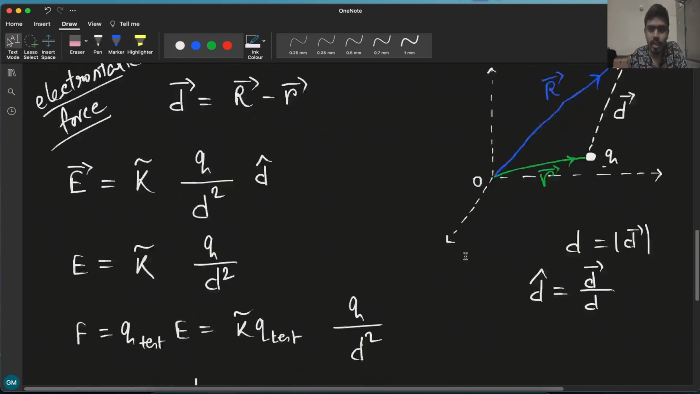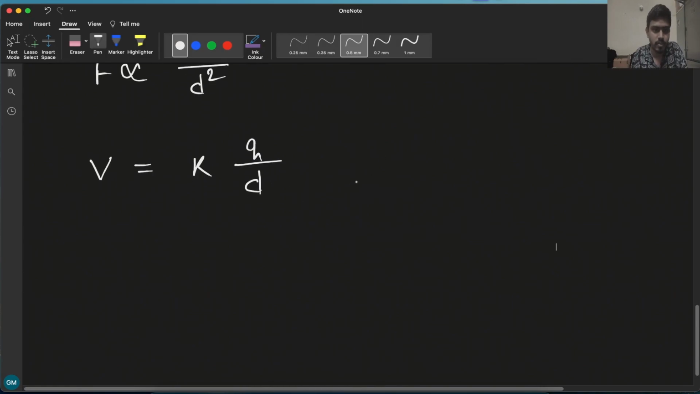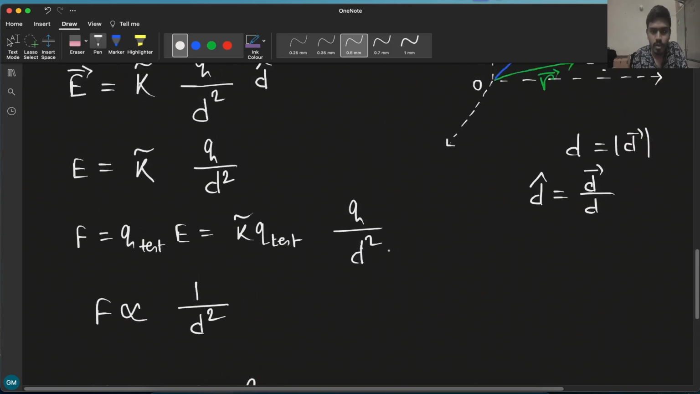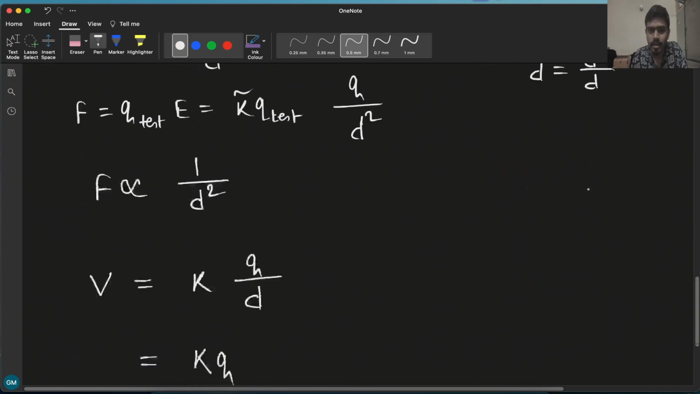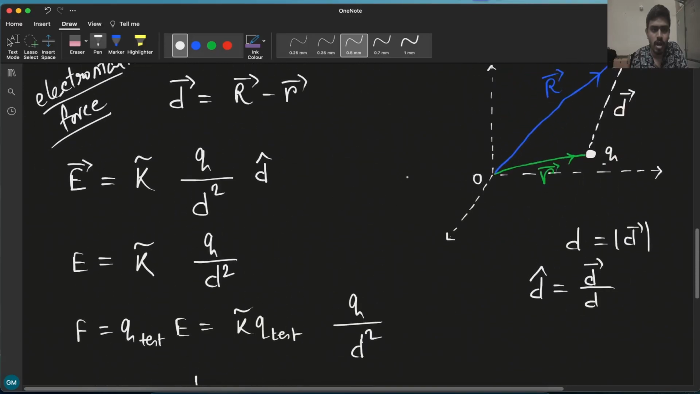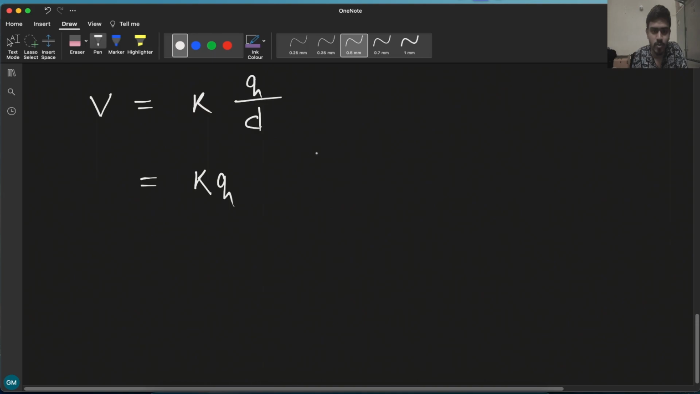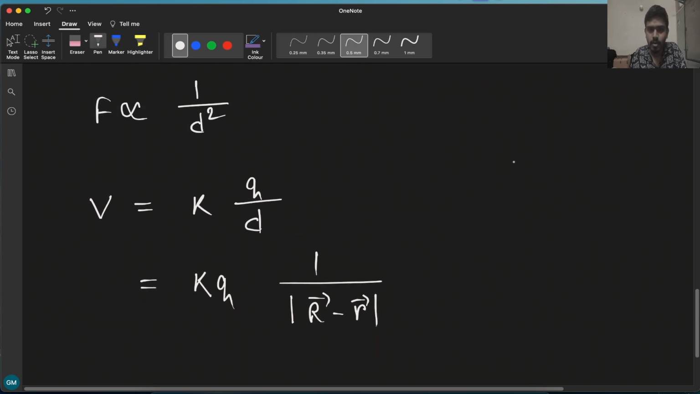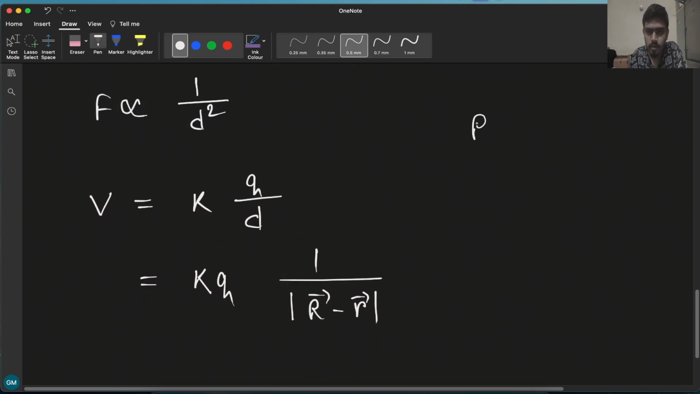Right. So in case of potential, we have this. And now if I write it like kq, and d is nothing but mod of capital R minus small r, so which is 1 by mod of capital R minus small r. Okay, and capital R minus small r